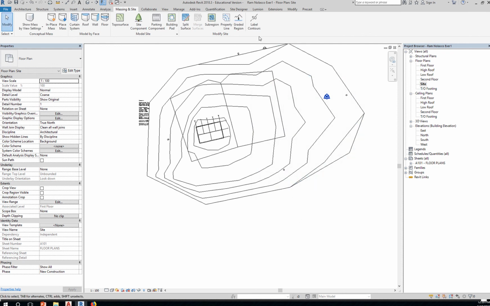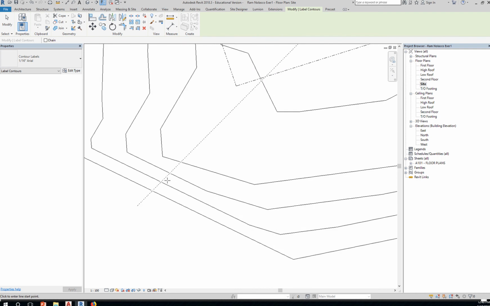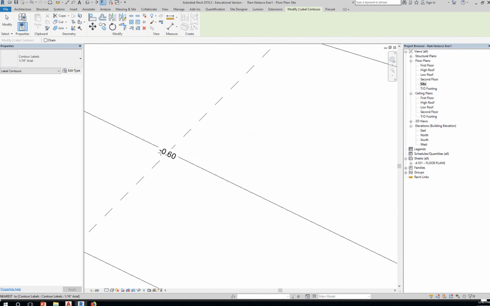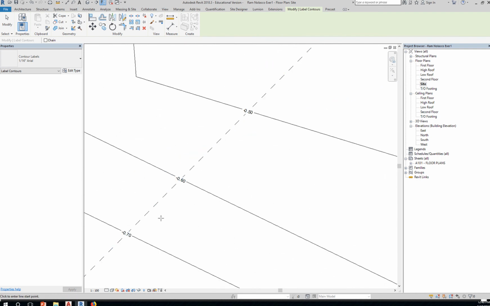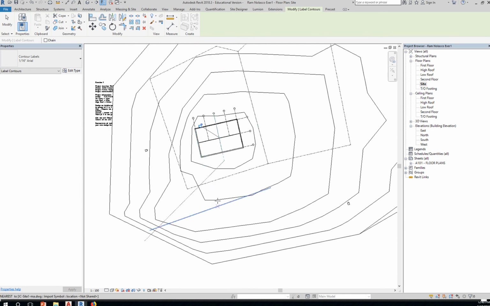And if you want to get a little bit fancy, you can click on label contour. That's the height, 1/16 of an inch Arial. So you can click here to there, and you can see the contour elevations. If it's too small, you can always edit this type,